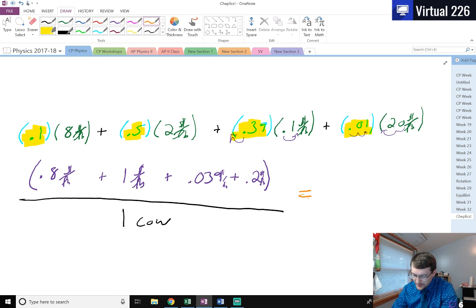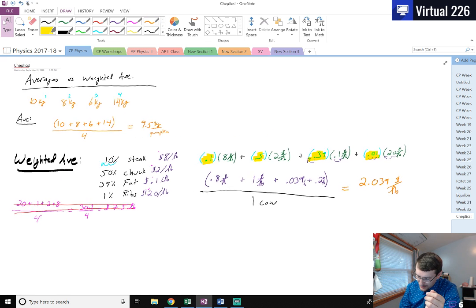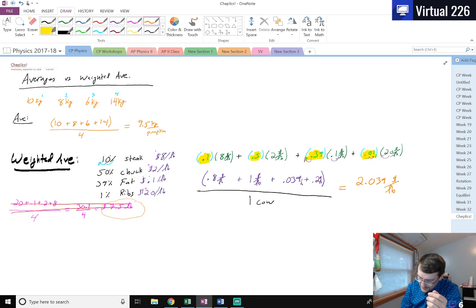So all we need to do is add up all of our purple values. We've got 1 plus 0.8 plus 0.039 plus 0.2. Well, 1 plus 0.8 is 1.8 plus 0.2 is 2. So we really see that the cost of our cow is $2.039 per pound, which if we go back to what we had before, to this 7.5,